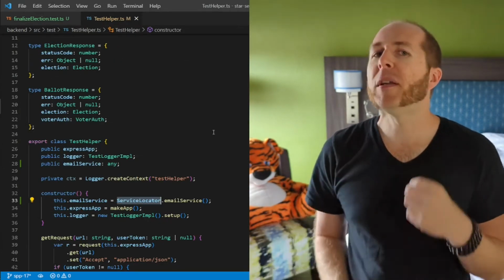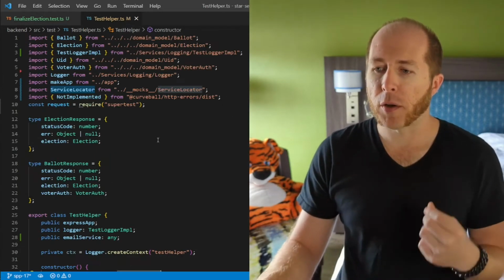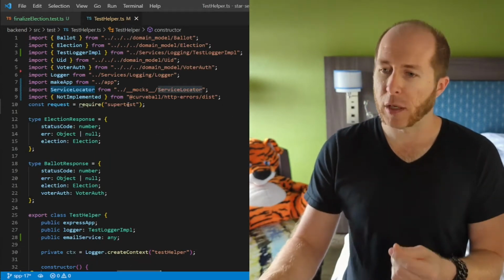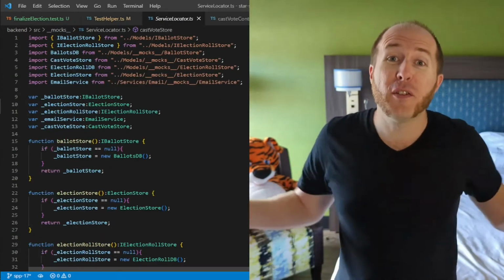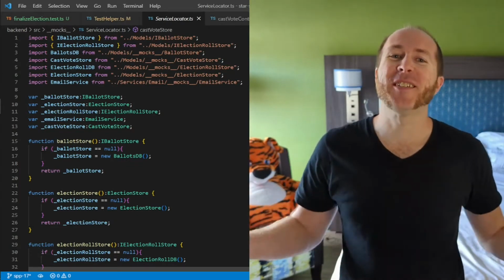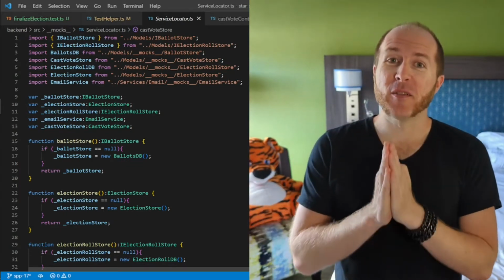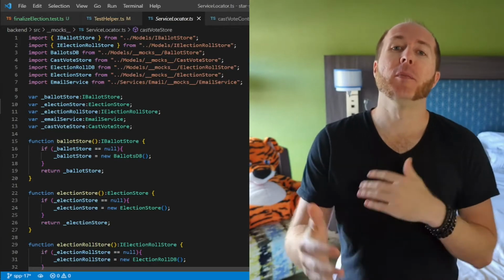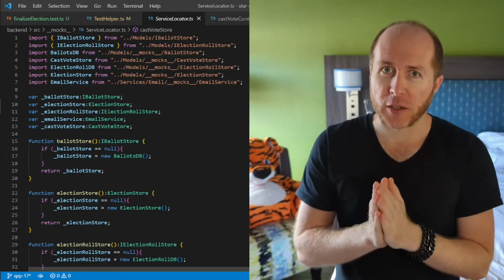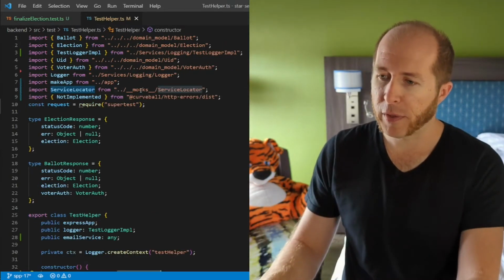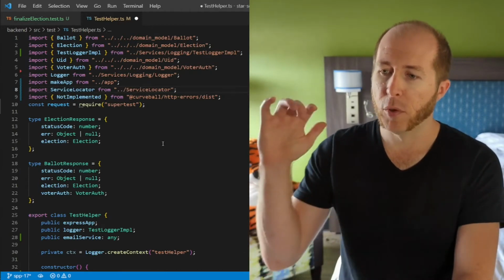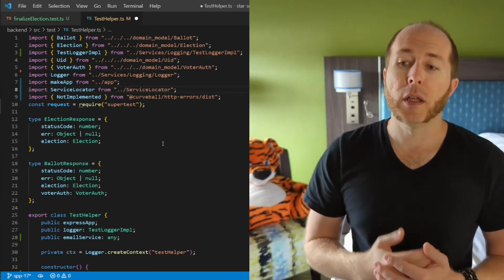But it turned out to be a different instance of the mock service locator than what the test helper was grabbing, even though it's a static class with all static variables. So that isn't what I would have expected, and something to be careful of in your own projects. So in our case, the simple fix for this is just to remove the reference to the mock service locator